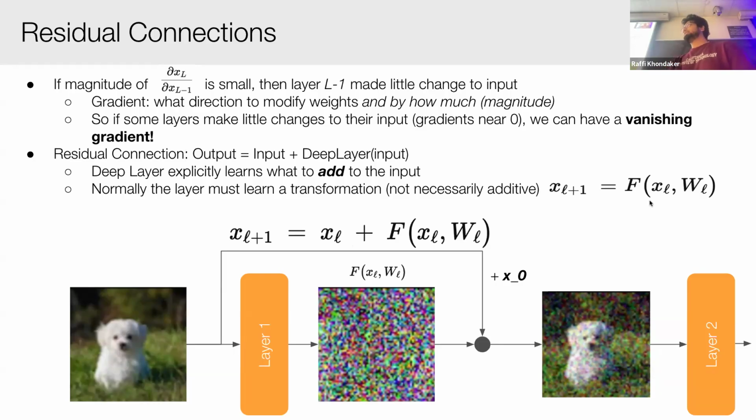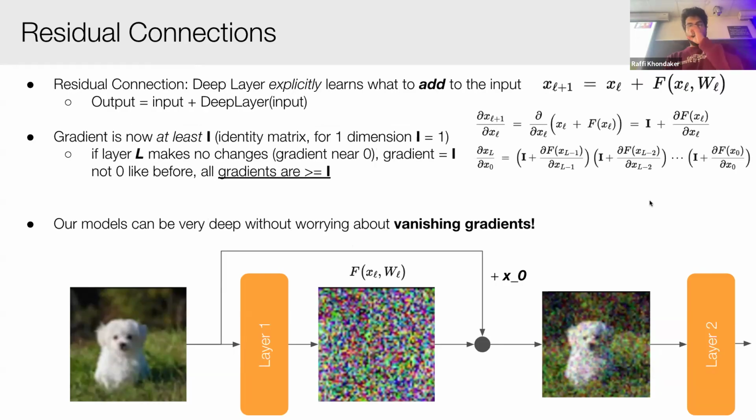So why does this distinction matter? Well, now the gradient is at least the identity matrix. So in other words, it's at least one. So in other words, if some layer L makes no changes,